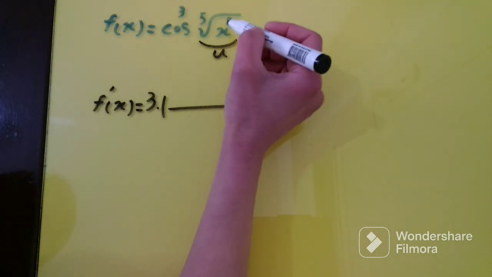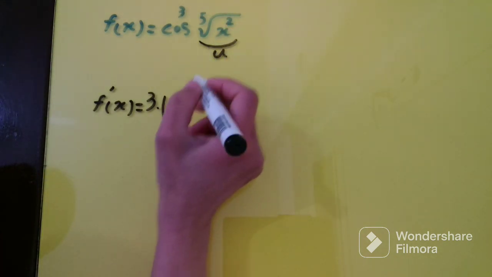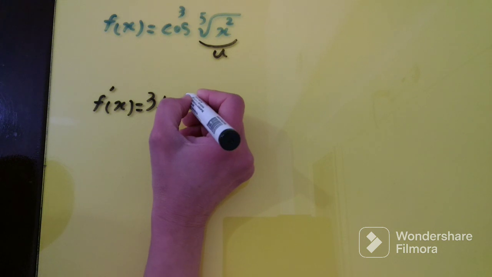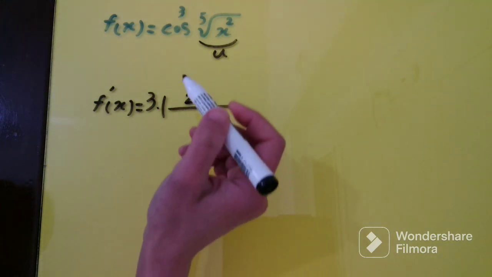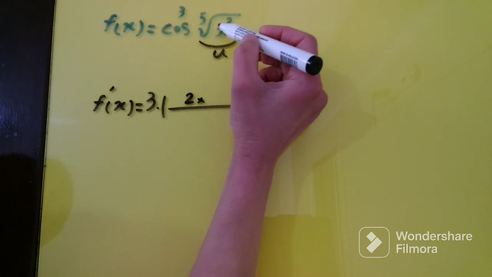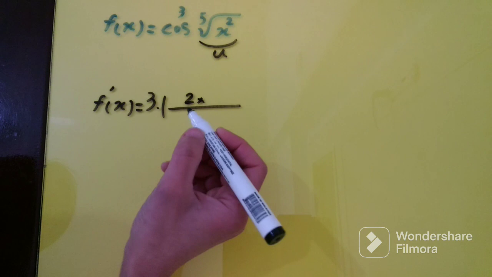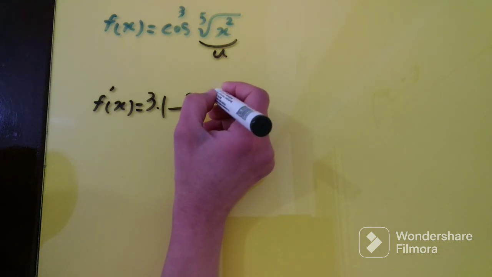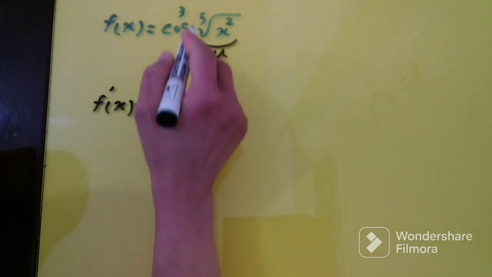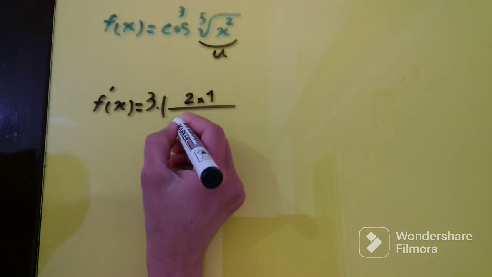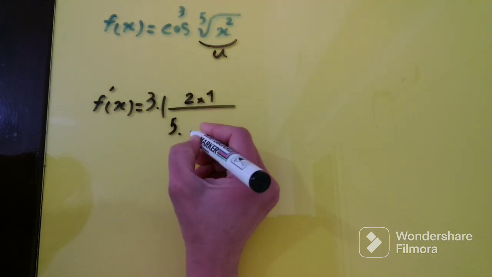For the up, you should write n, 2 times. Now you should get the derivative of x. The derivative of x is 1. And for down, you should put m, 5 times